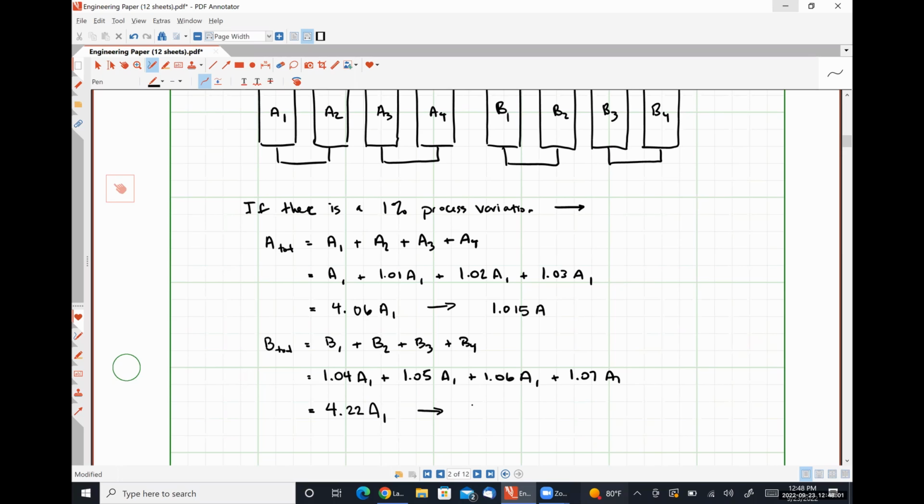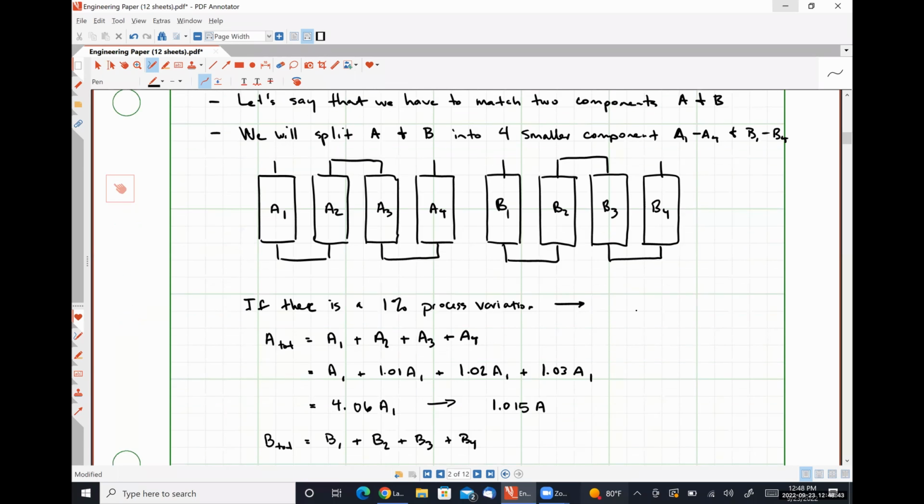A1, which would look like 1.055 A. And if components A and B are supposed to be matched, this is not particularly good matching, right? Component A is a little bit more than its expected value, which is going to happen with process variations, but component B is significantly more than the expected value because the process variation increased linearly from left to right, okay? So interdigitation of the components means, so let's write here,